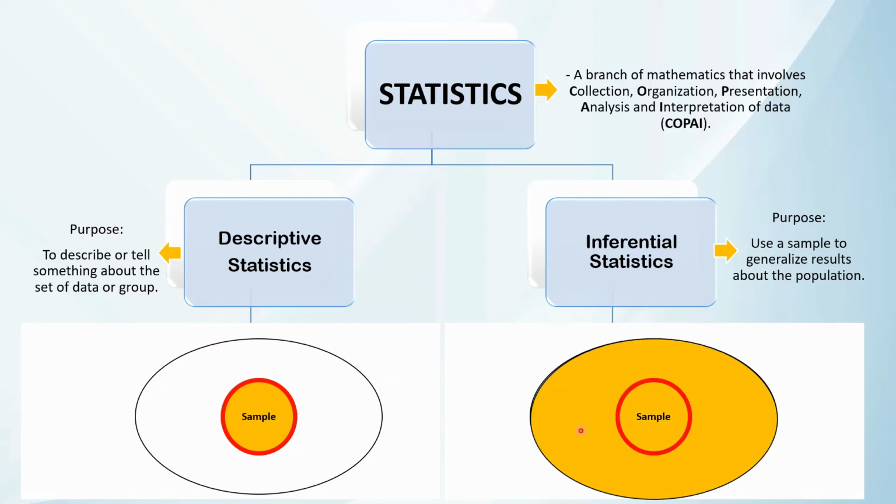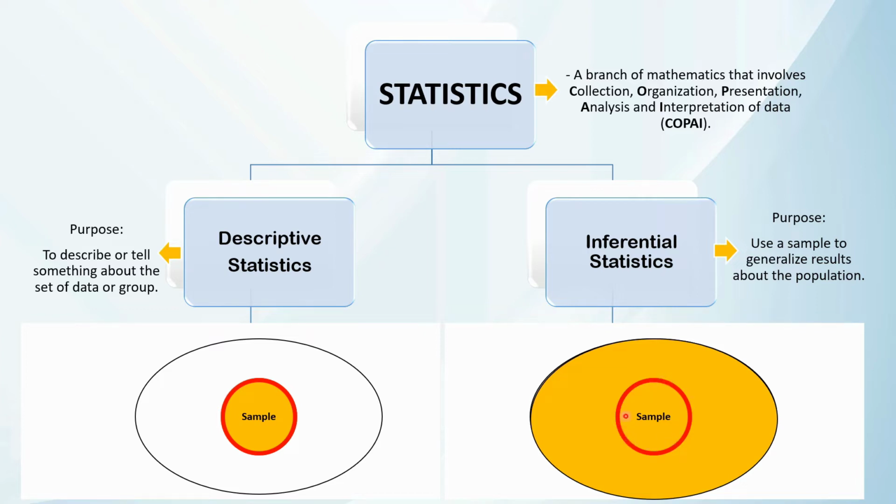Okay, so as you can see in these two figures, the difference is in descriptive statistics, the only shaded part is the sample. So it means that in descriptive statistics, you just describe the characteristics and the attributes of a sample. While in inferential statistics, aside from describing